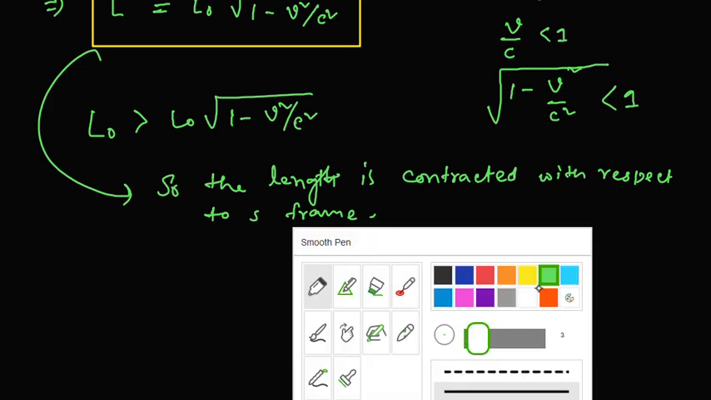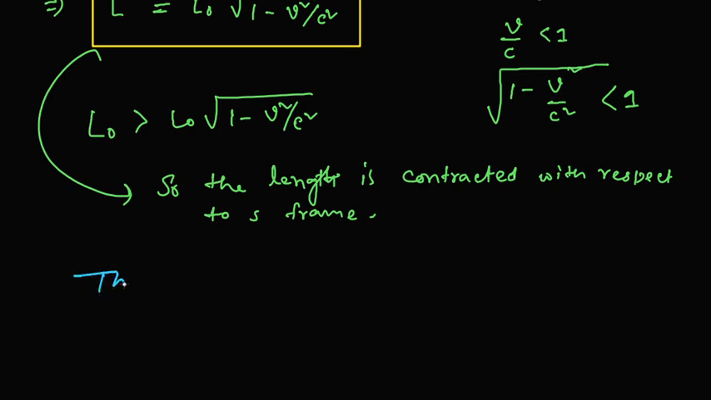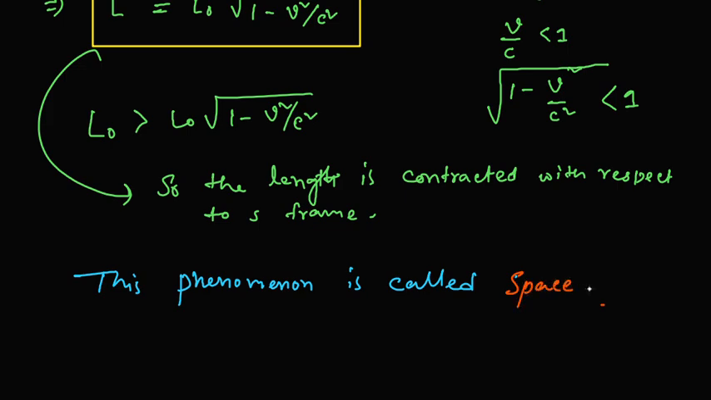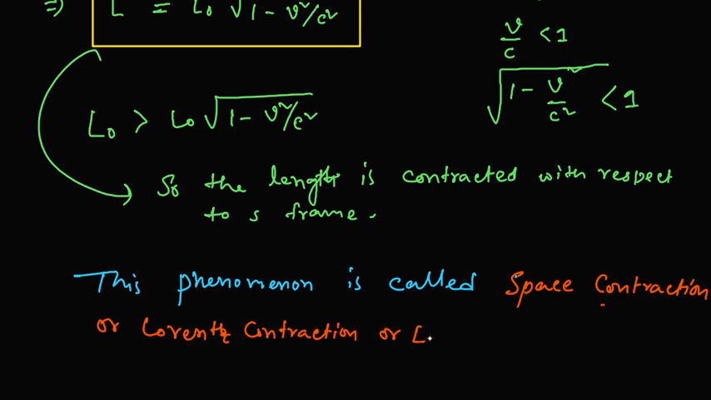So this phenomenon is called space contraction or Lorentz contraction or the well-known length contraction. Okay, these are our target